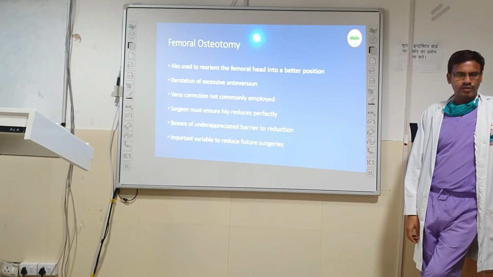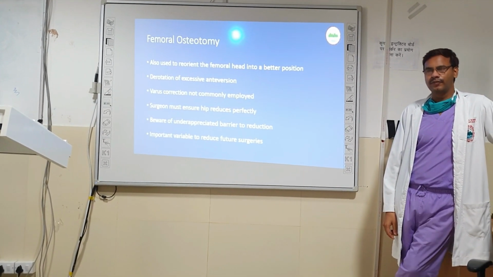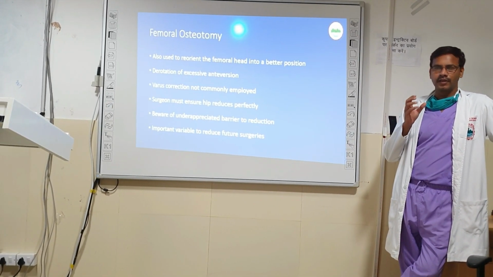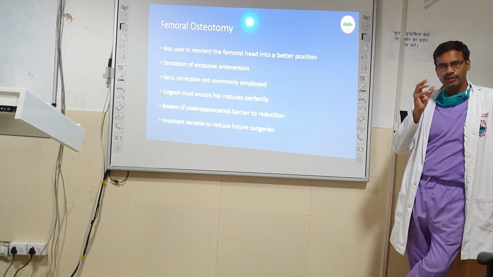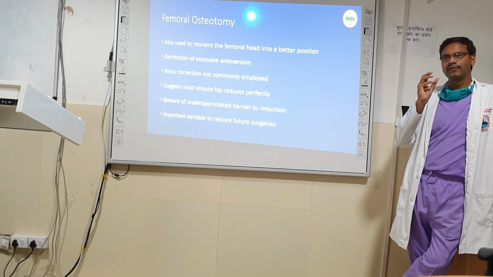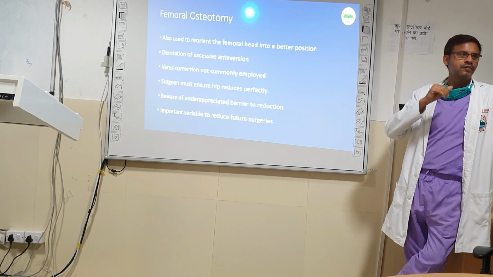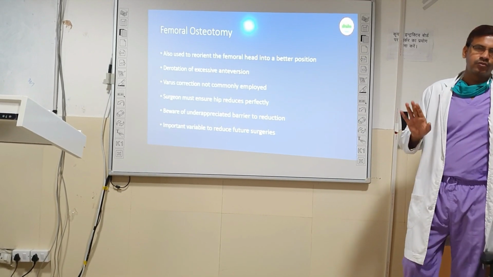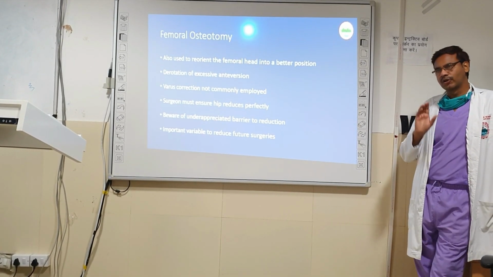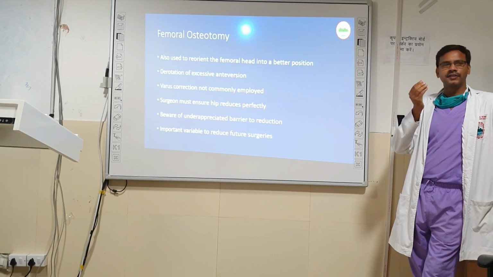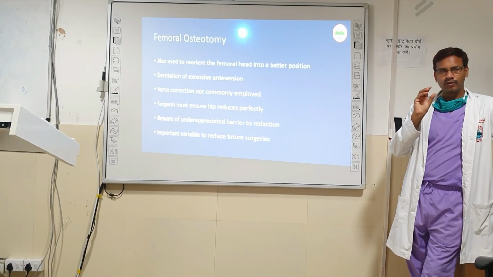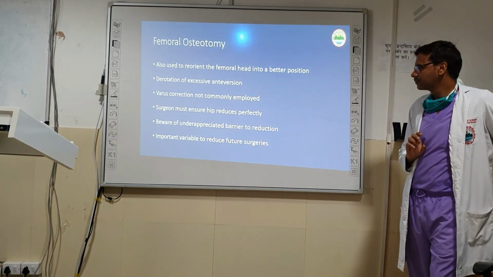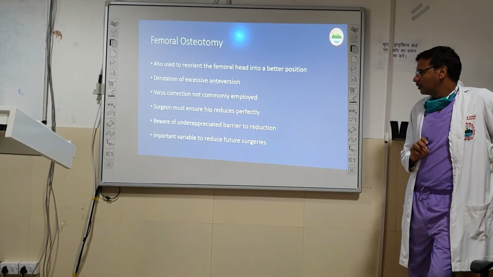Now it is not that only shortening is required. Sometimes if you feel that you may improve on the stability of the hip, you may have to add derotation of the femoral head, or you may have to do some varization of the femoral head. Okay. My personal preference is never to do varus of the femur. I only do shortening and a little bit of correction of anteversion. About 10 to 15 degrees of anteversion I correct, and then I put a plate and put the hip inside. Next.